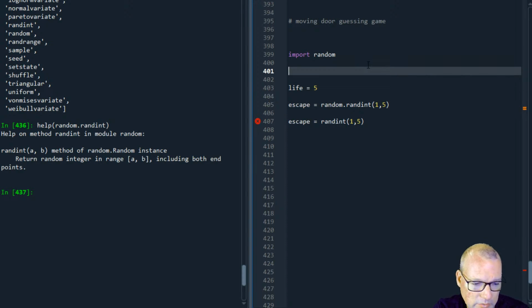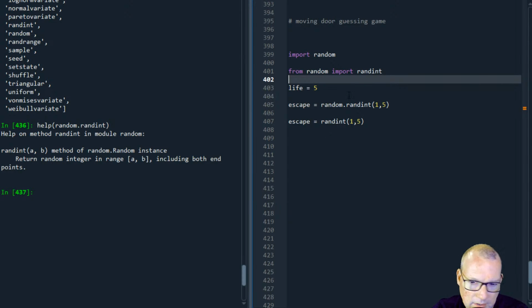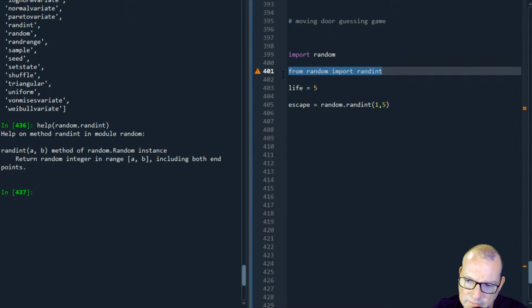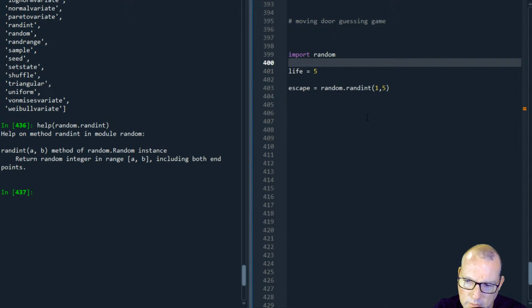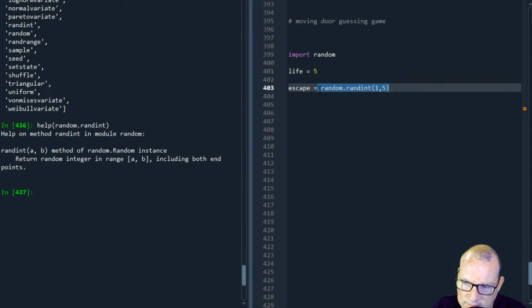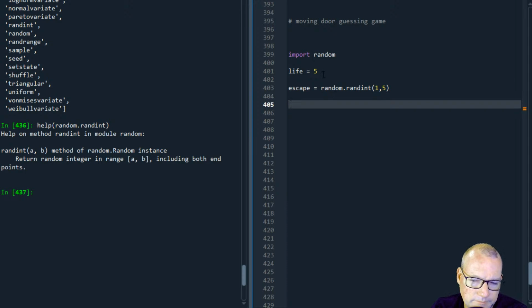So if I were to want to make this legal, I would need to do from random import randint. Just wanted to show you an alternative way to save some memory and not overkill. But right now, I like to be thoroughly explicit and bring it in like this and not get too fancy, because what I found, if I get this too fancy and too refined, too optimized,